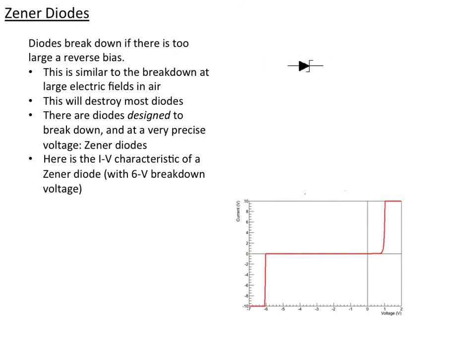That's not good for most diodes, and what happens in these cases is that we get avalanches, just like the breakdown of air as an insulator. But there are diodes designed to break down at a precise voltage, and those are called Zener diodes, and we put little wings on the diode that make a Z shape